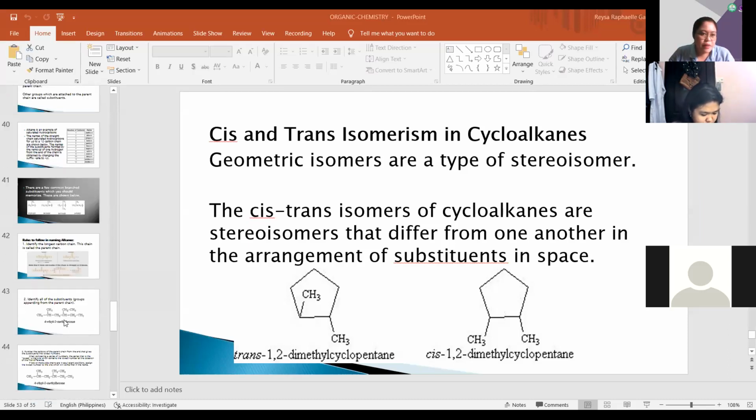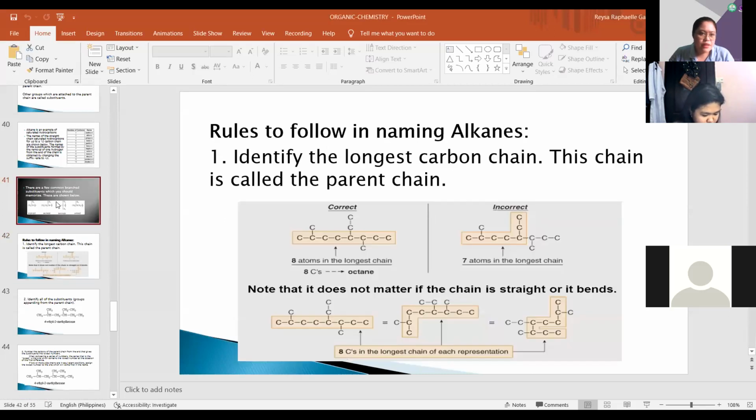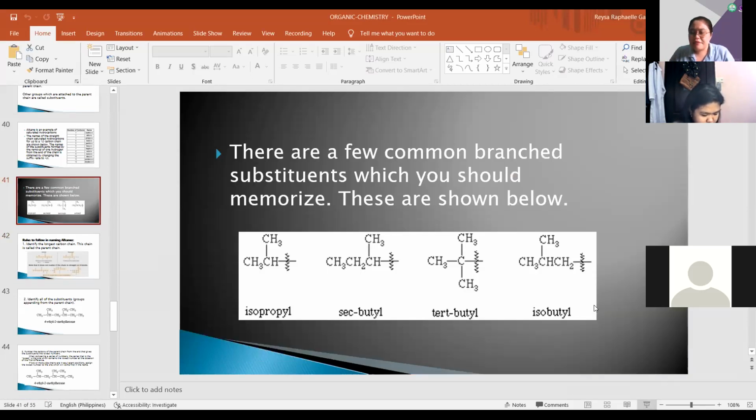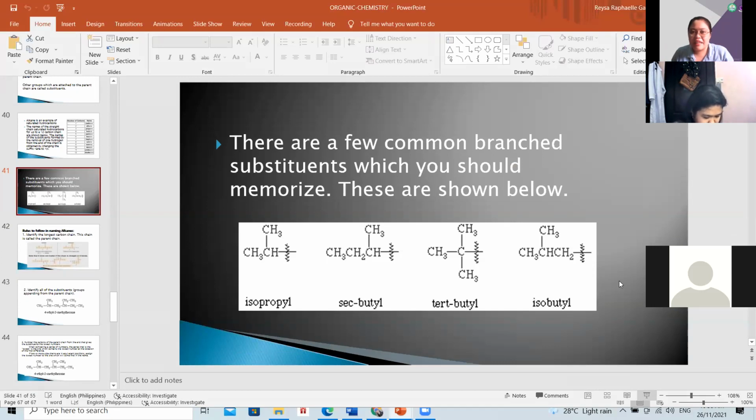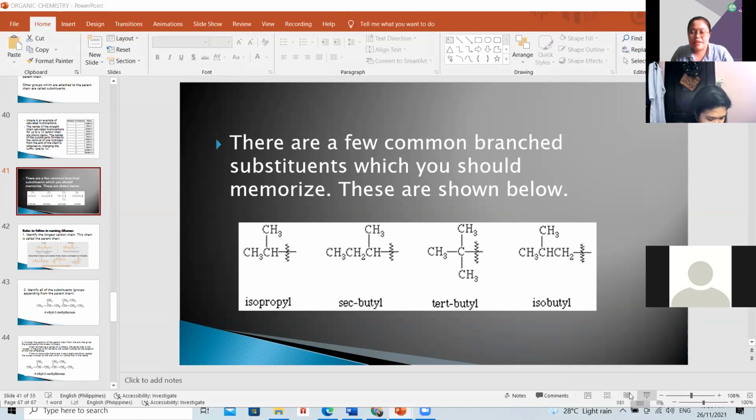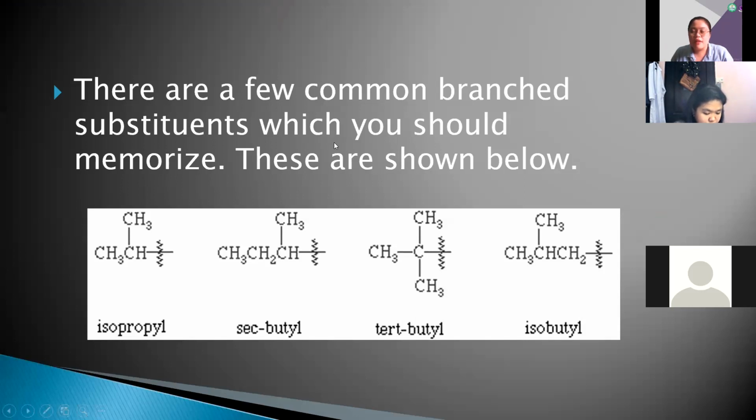Now, actually, nilakbangan ko ito yesterday. Where was that again? This one. Aside from having methyl, ethyl, propyl, and so on, na mga substituents class, you may find the following substituents. These are also common na mga substituents in our organic compounds. We have here the isopropyl. Okay, this one is the isopropyl. Take note of this. If you see a substituent that looks like this, ito yung part class na naka-combine doon